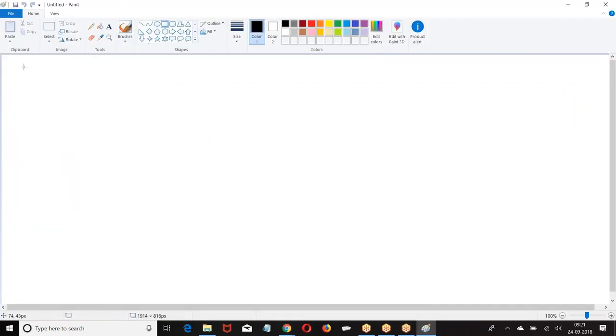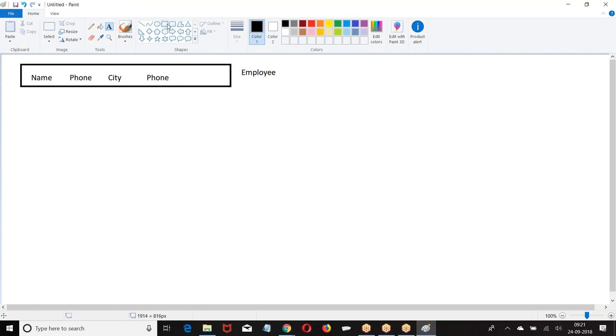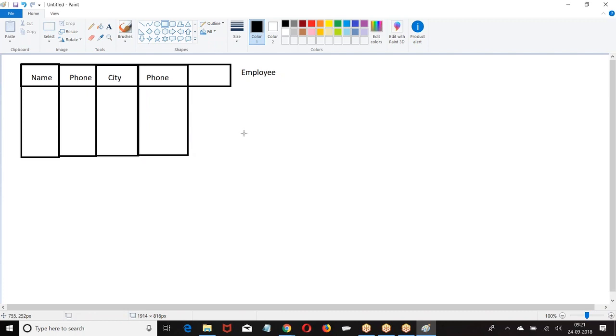Now, let us get into the next concept: fields. Look at this, boss. Right now, we created a table. You are calling them columns. I am calling them fields.